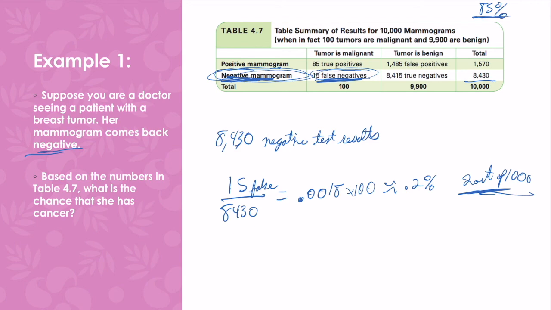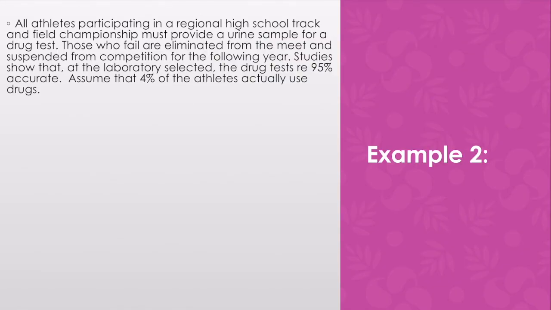Let's take a look at another example where false negatives and false positives can really have some more detrimental effects. All athletes participating in a regional high school track and field championship must provide a urine sample for a drug test. Those who fail are eliminated from the meet and suspended from the competition for the following year. Studies show that the drug tests are 95% accurate. Let's assume that 4% of the athletes actually use drugs. So let's say we have 1,000